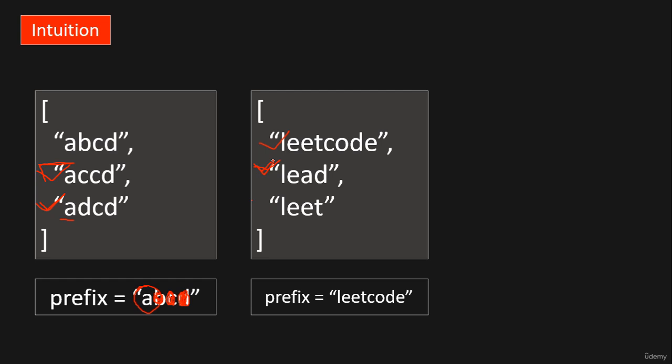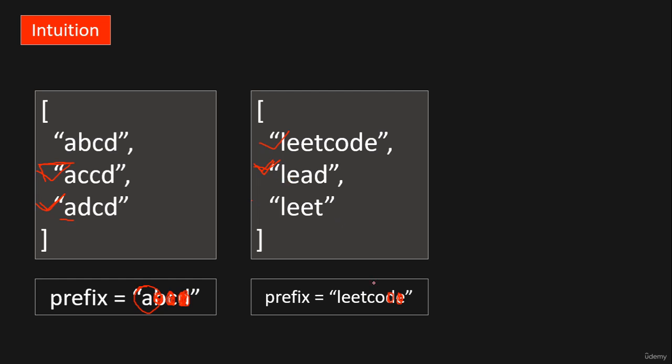Now what we're going to do, we're going to check, does the string LeetCode start at index 0 in the string lead? We see no. So we're going to remove the last character. Then we're going to check it again. We see LEETCOD does not start at index 0. So we're going to remove the last character. And then we're going to check again. We see LEETCO does not start at index 0 in the string